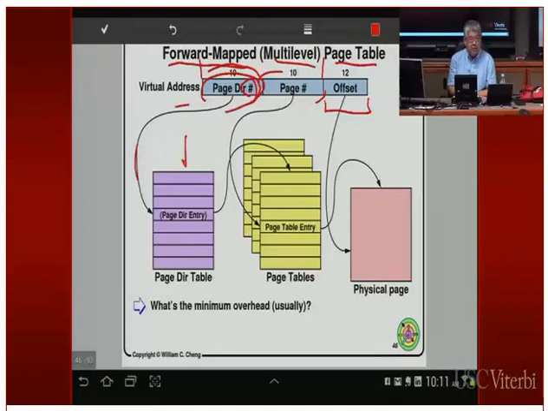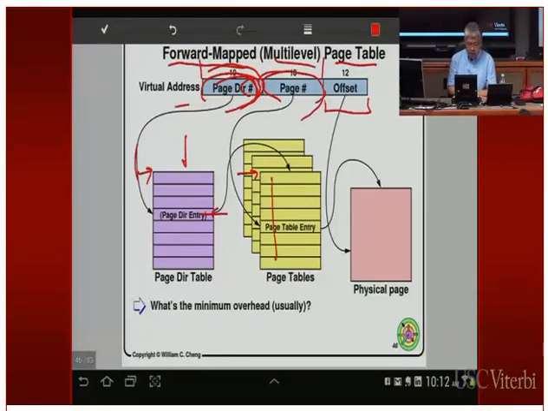So this is a higher level page table. If you take the beginning of this table and add this number here, that gives you the page directory entry. The page directory entry looks just like a page table entry, and it points you to the next level page table. This entry is left shifted 12 bits, and that gives you the beginning of this page table. This page table looks like the previous table, but only the middle 10 bits are used to address it.